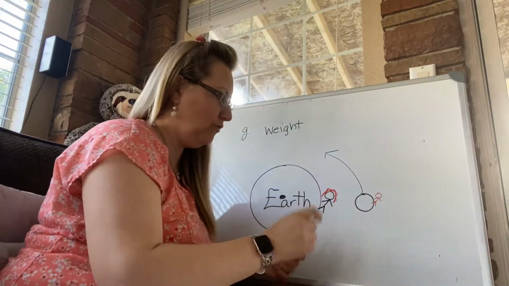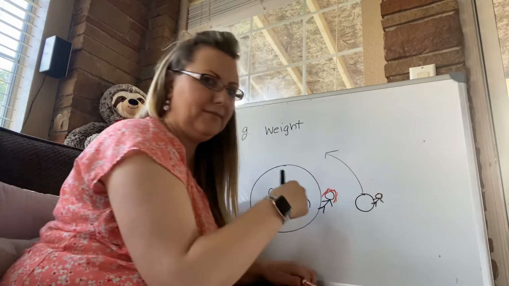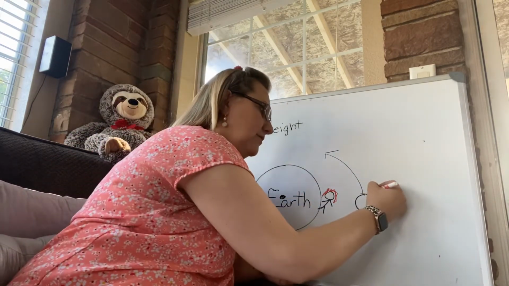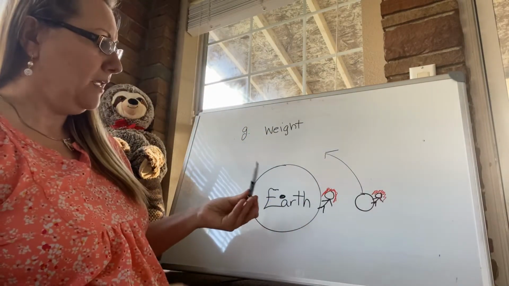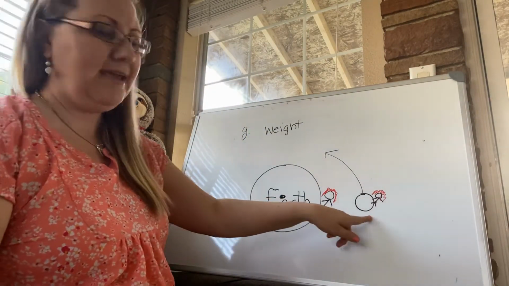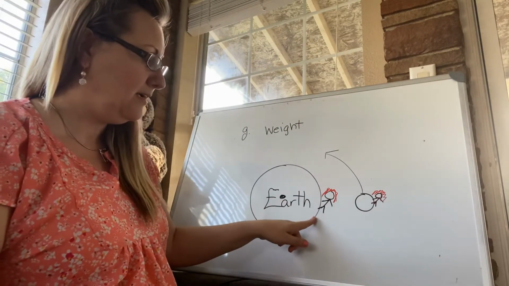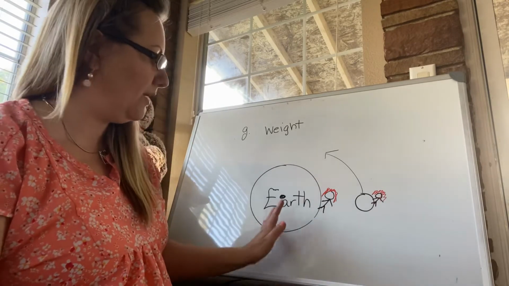Whoops, so now I drew my whole body red. There we go. Same clothes, same person, right? And then just a little further out in space, there's my crazy hair. And I'm going to weigh 1/6. So divide my weight by 6, and I'm going to weigh a lot less. So where I am